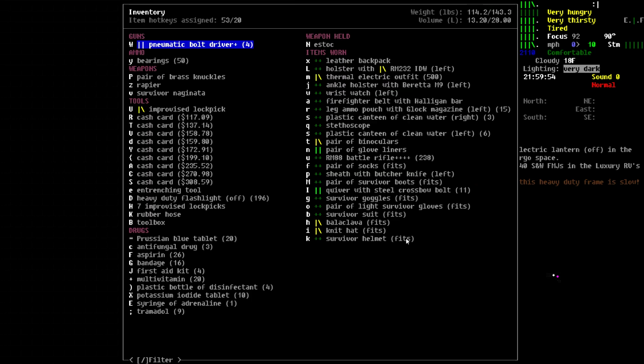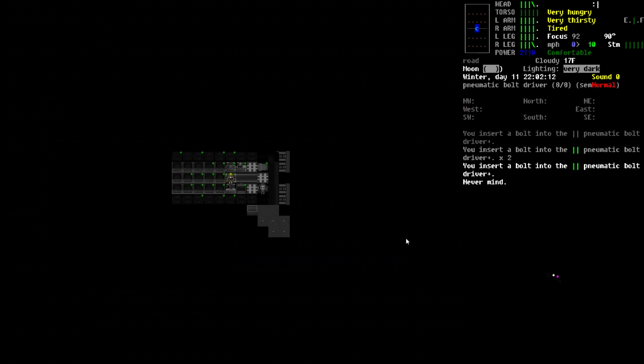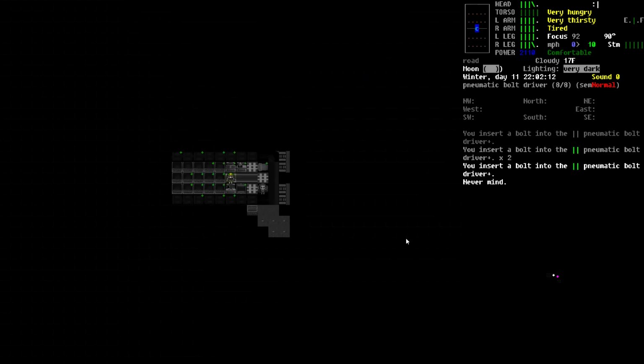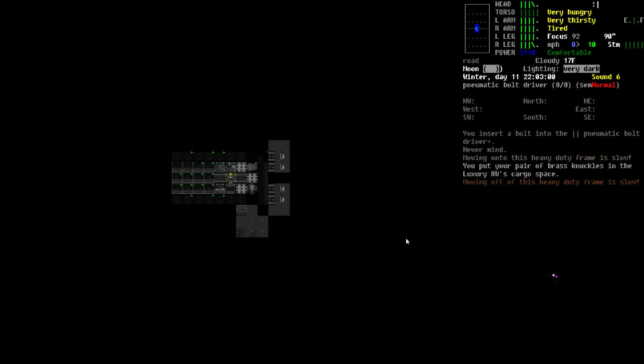Alright, so let's wield bolt driver, reload, get that thing ready to go. Alright, it's all set. Got our bearings, our S-stock. Let's drop those brass knuckles. I'm not going to use anything like that until or unless we get some martial arts training. Alright, I think we're good. A little bit of damage to some of our body locations, nothing critical though. I think...